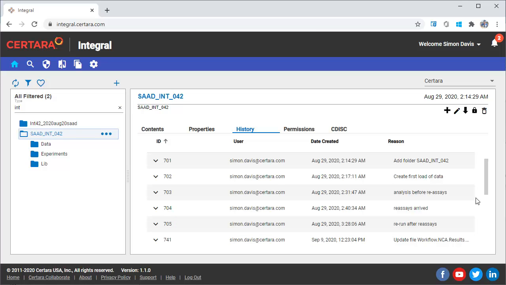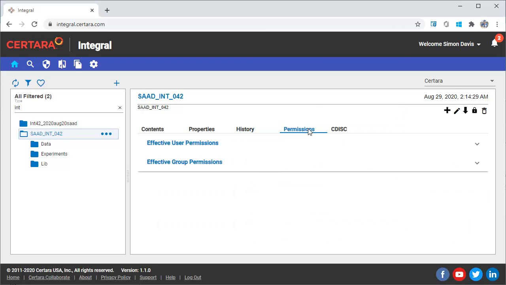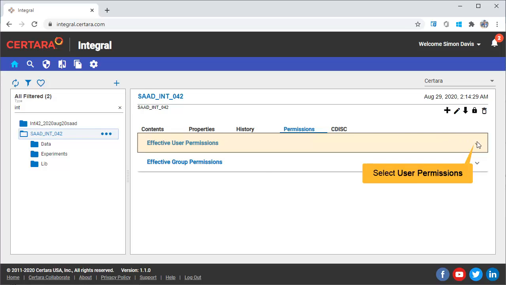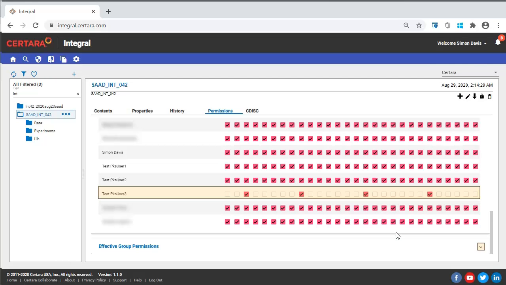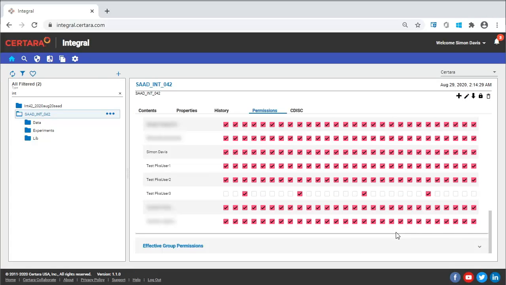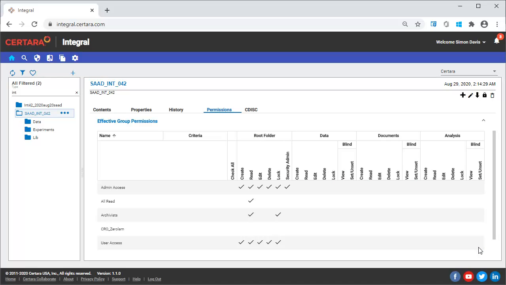We can also look at the permissions to see who might have been able to see and work on this study. This is normally controlled by the administration policies, but you can check permission groups or users here. In this example, most users have full rights. However, the test user 3 has just read access. And below, we can see the group permissions, which are created and managed by the Integral administrators that have permissions